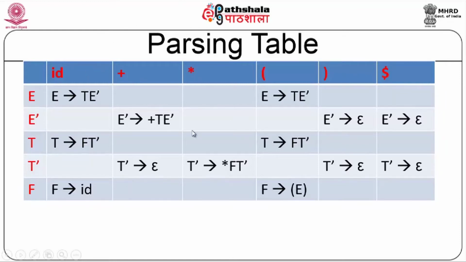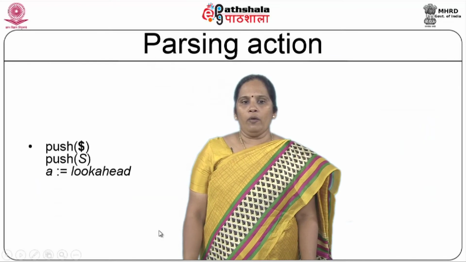Now this parsing table, as you could see, does not have multiple entries for every intersection. This table is sparse, meaning that some entries do not have any value. What does it actually imply? It implies that they cannot be the first component of a string if your non-terminal starts with E. For example, if your non-terminal starts with E, the first component obviously cannot be a plus. That is what it basically indicates. Okay. Now, how do I parse?